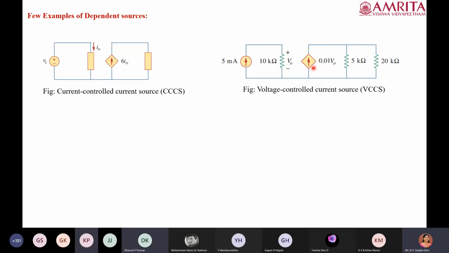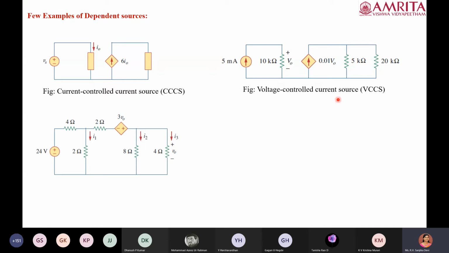Yes, ma'am. Okay, so this is very important. Understanding whether it is a current source or a voltage source is very important, because especially when we do circuit analysis, only if you are clear whether it is a voltage source or a current source is it easy for you to apply the analysis. That's the reason why you have to be very clear in identifying the type of the source.